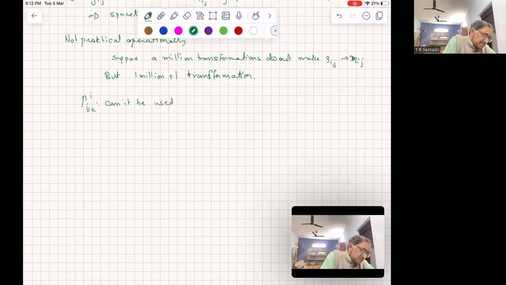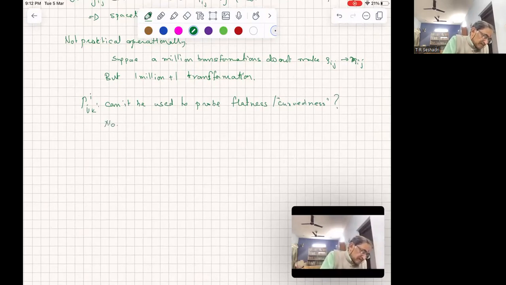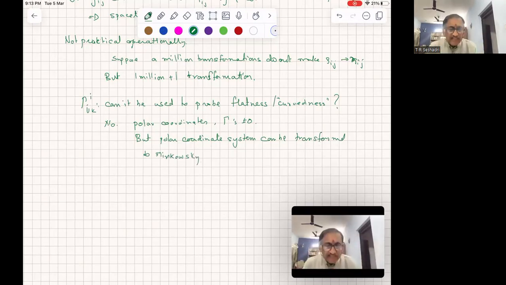Can it be used to probe flatness or curvedness? Okay. Answer is no. Again, polar coordinates, the gammas are not equal to 0. But a polar coordinate system can be transformed to Minkowski. So just by looking at Gij or by gamma ijk, I cannot say whether my system, my space-time is flat